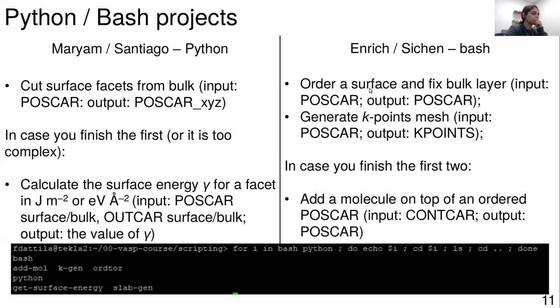Okay, so in your case, the surface that we usually get, either with Python scripting or with Material Studio, is a surface that is disordered. Basically, in the list of atoms that you have, maybe the first atom is at Z position 10, and the second atom is at Z position 1. The problem is that you need to have it ordered, because later, whenever you do a surface calculation, you need to freeze the 2 or 3 bulk layers and let the 5 on top be free to move, because the ones on top simulate the surface relaxation and the ones in the bulk instead are the solid bulk.